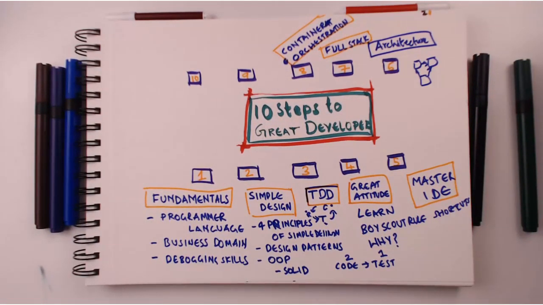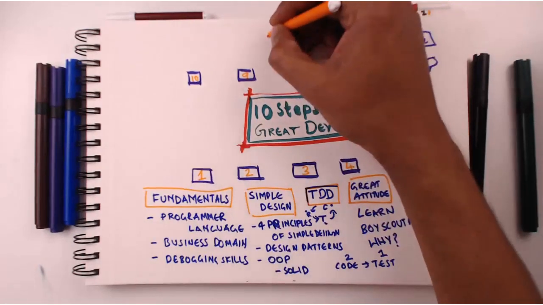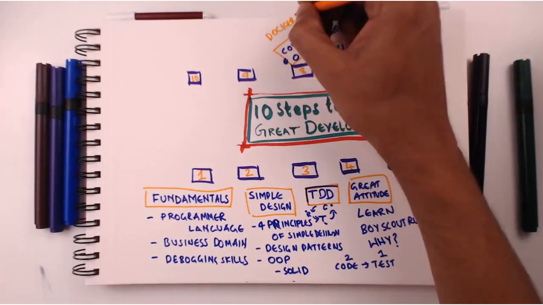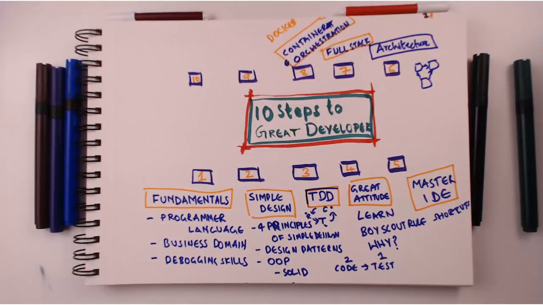So I recommend to learn container and container orchestration because we are heading to a world where we would really want to be platform independent and language independent. So if you have a Python application, if you have a Java application, if you have a Node application, you don't want to have different ways of deploying that. You'd want to have a single way of deploying that, and containers play a big role in that. Docker helps you to build a simple image for all the types of different languages. So irrespective of the language, you can build a Docker image, and after that you can hand it over to the container orchestration tool to deploy it and manage it.